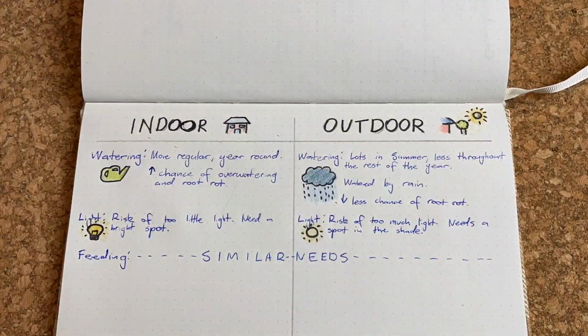I am realizing that I probably should have fed the one outdoors a little more, especially during the summer. The leaves are looking a little paler than the indoor one, and I think that's probably because it's a little bit nutrient deficient, especially things like nitrogen. So as we warm up and get into spring and summer, I will be watering this one a little heavier than I did last year. But feeding really is reasonably similar for each of these, but something that's not similar are the kind of pests